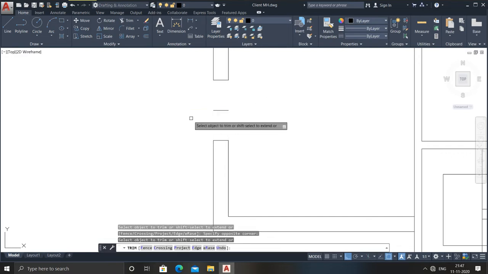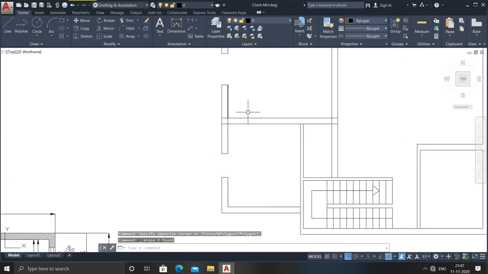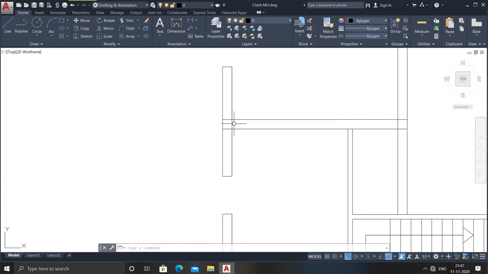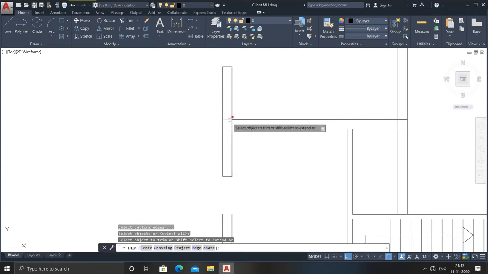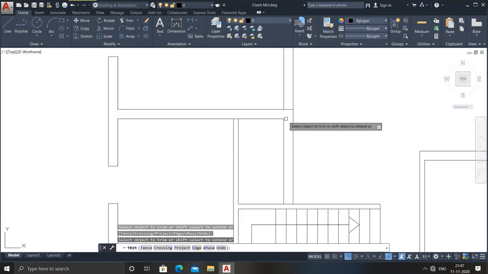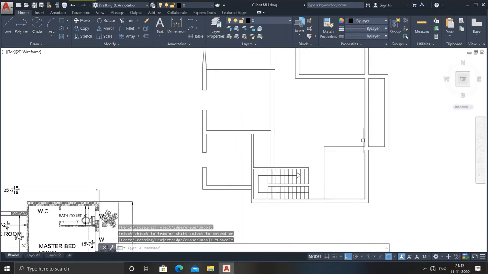I'm telling you in the simple way. In my case, I could do some of this work at once, but for your sake I'm going through all these commands at a slow pace, so that you may understand each and every logic behind it. That will be really helpful for you for drawing any kind of building plan.